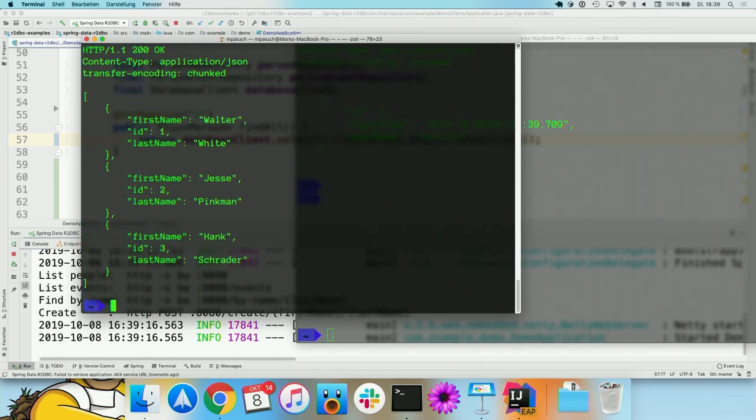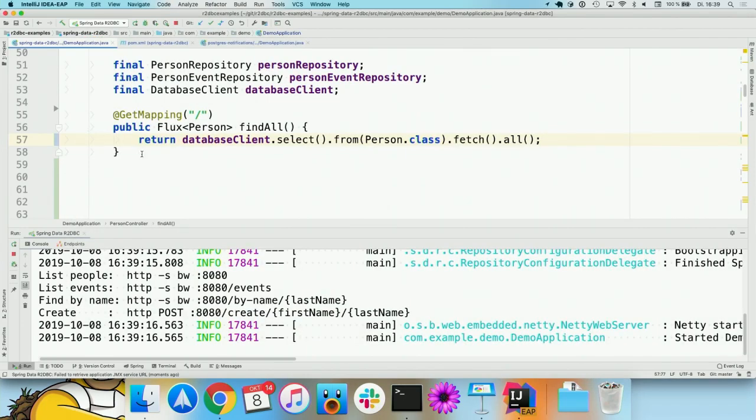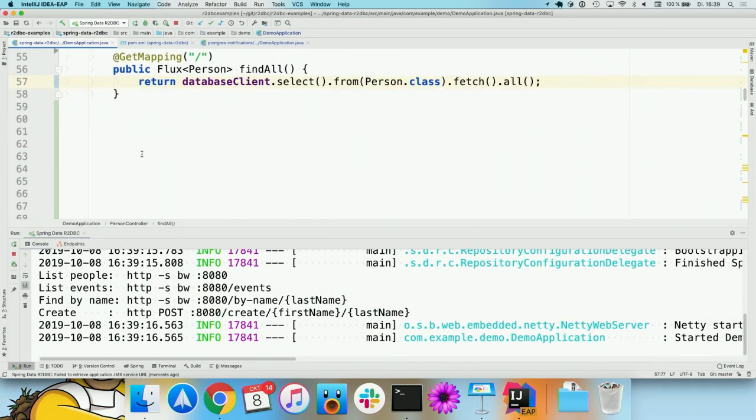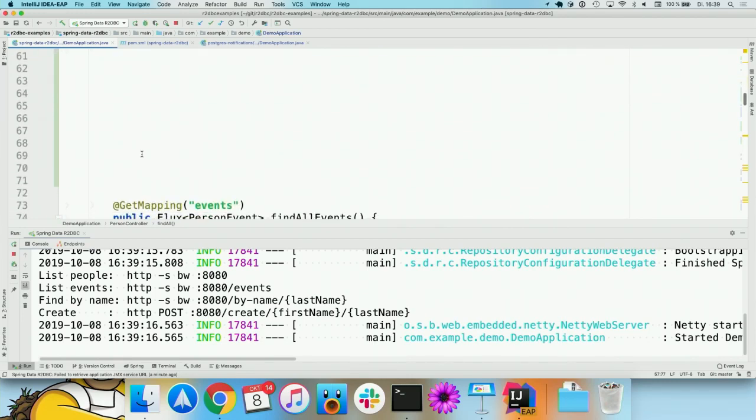So there's basically no difference, and the only difference is in your preference and the things that you want to do. Sometimes the database client offers you much more convenience and much more flexibility than a repository, but this really boils down to what your use case requires. Now, let's get into a more transactional approach,